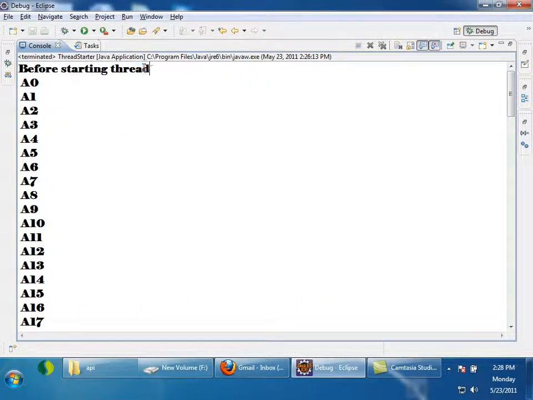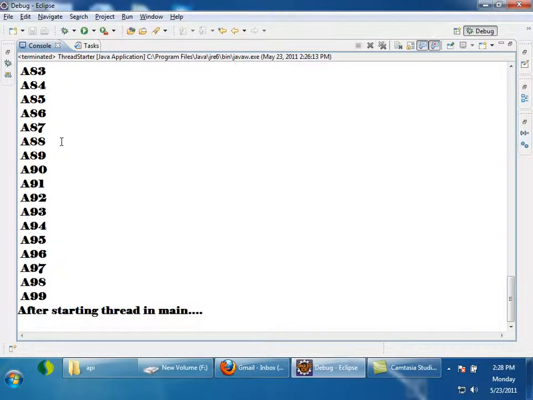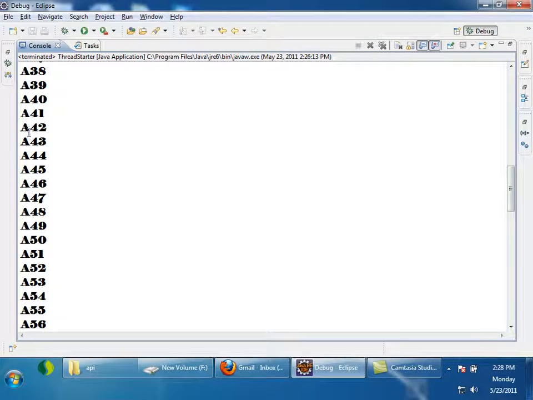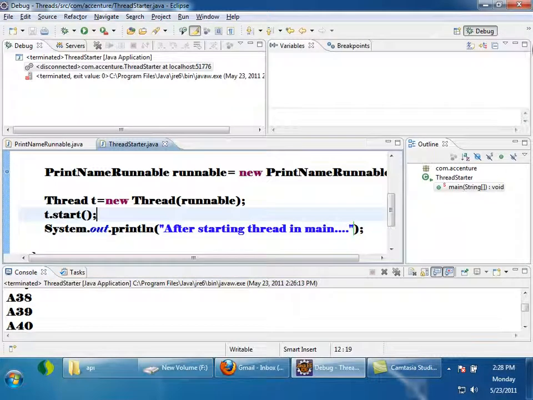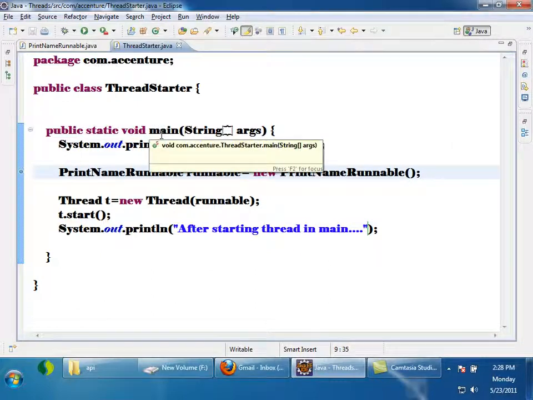From here is the output of the main thread, and here is the output of the other threads, right? Any doubts? I'll explain it clearly again. First, if you want to start writing your own thread, you have to define what it has to run once the thread starts. To write such code which will be run by a thread, you have to write it in a class which is implementing